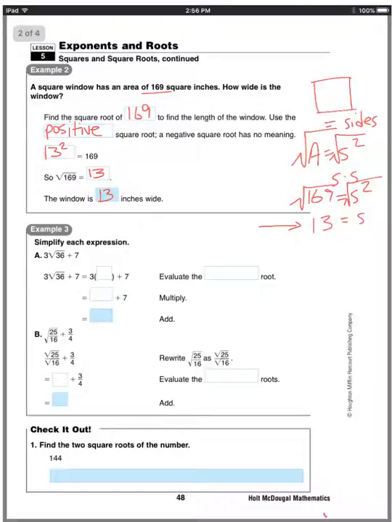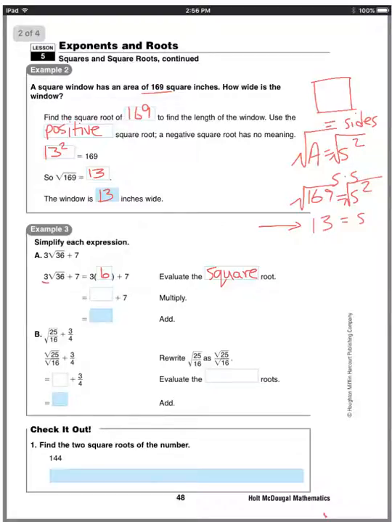So now we're going to simplify expressions. I love expressions with square roots in them. Don't judge. So, the first thing we're going to do is evaluate the square root. The square root is kind of like evaluating the exponent, okay? So, when we follow the order of operations, there are no exponents, but there are square roots. So the square root of 36 is 6, because 6 times 6 is 36, and we put that in parentheses,